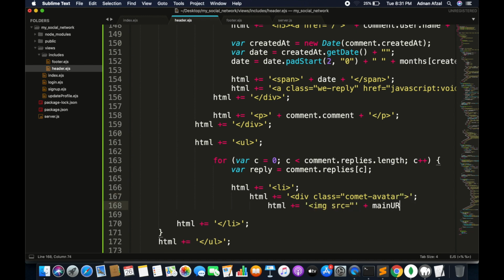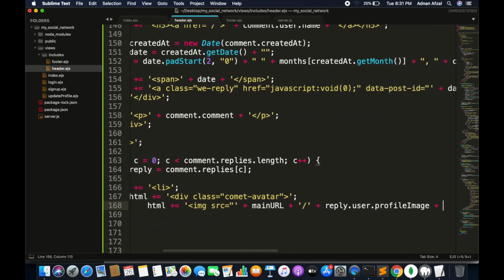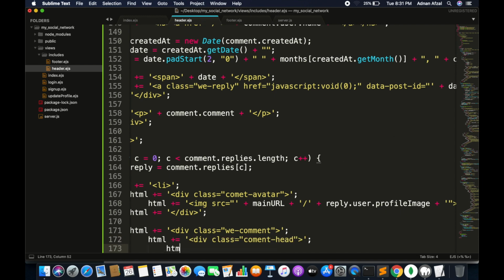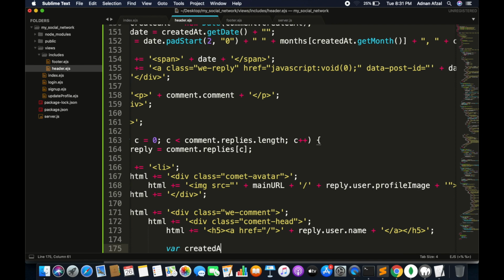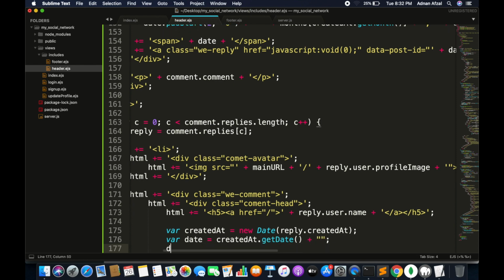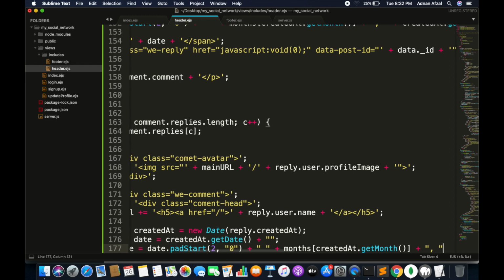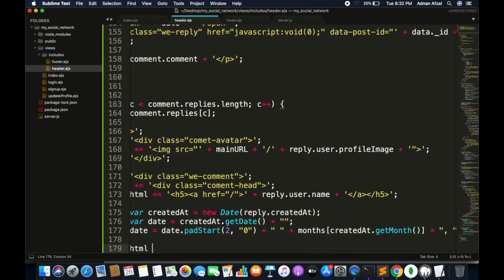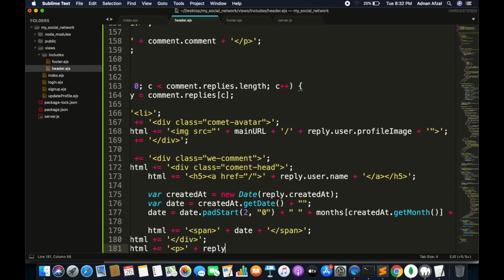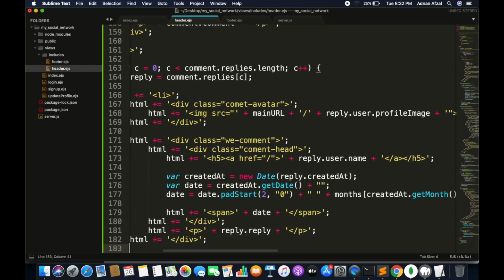Show the profile image of the user who replied, his name, date in proper format, and reply. Close all the tags